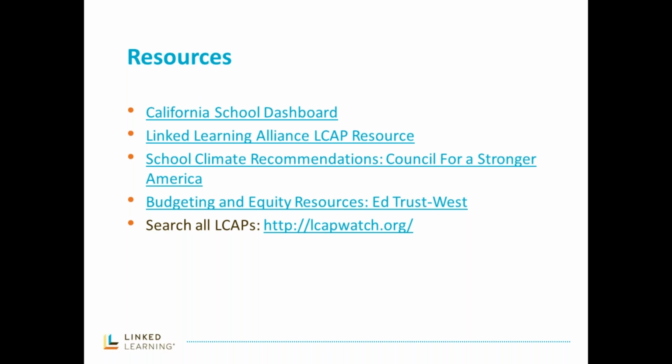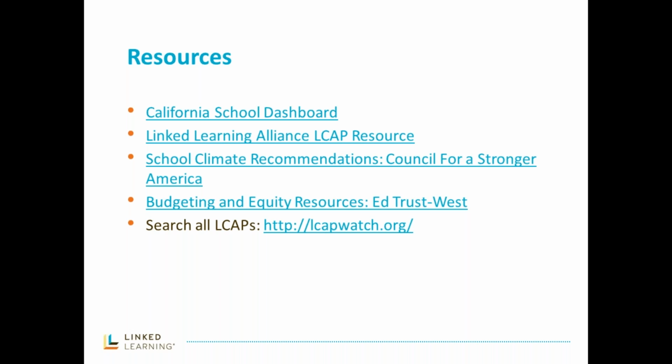And I will also take this opportunity to note that the language not only could be applicable or useful within a district LCAP, but also on individual school sites. Specifically the SPSA, the Single Plan for Student Achievement, which all school sites are required to complete.